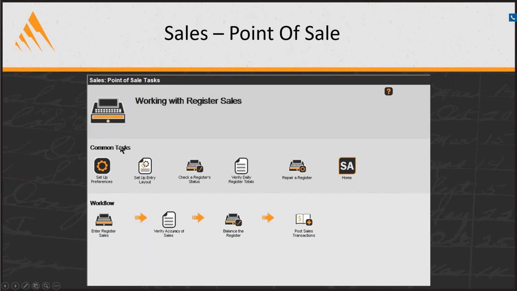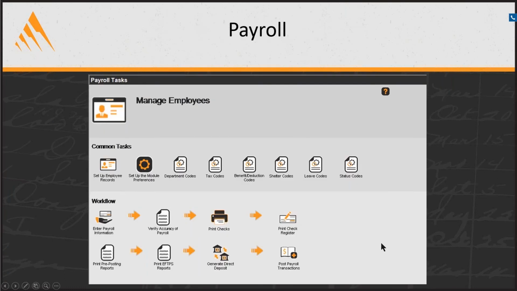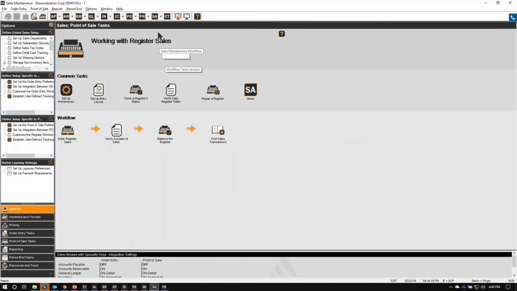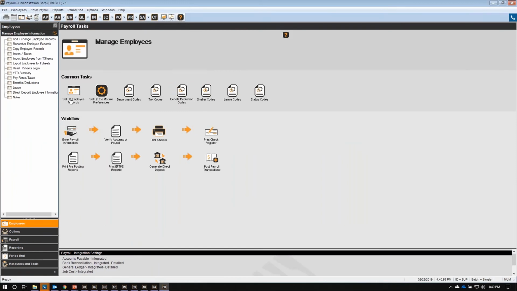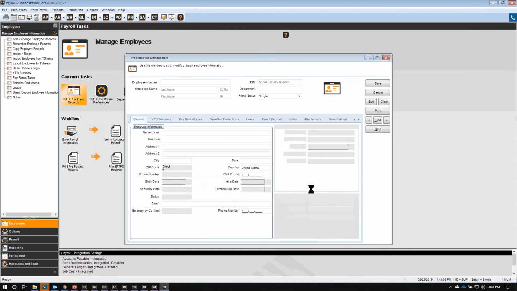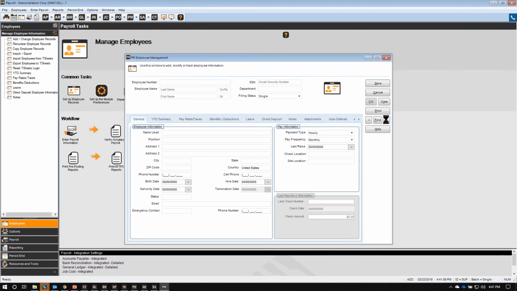Now, if you also have employees in your business and you would like a full in-house payroll solution, Denali's payroll module is a perfect solution to help you process your own payroll transactions. With Denali Payroll, you have a simplified payroll processing system and employee tracking that will manage your employees and your payroll for you. The employee tracking can be set up to track employee information, employees' name, address, and all of